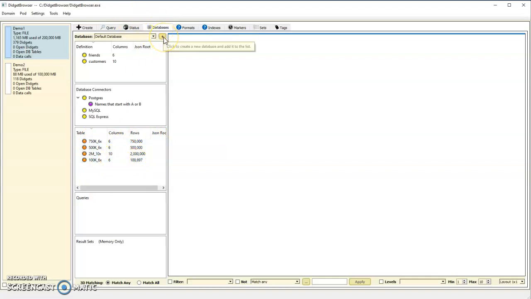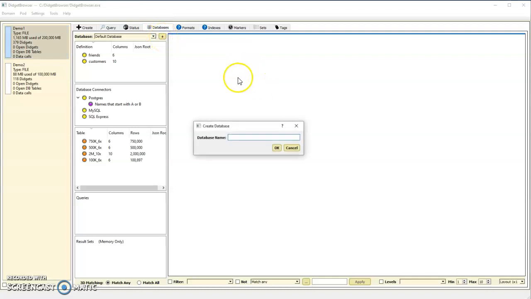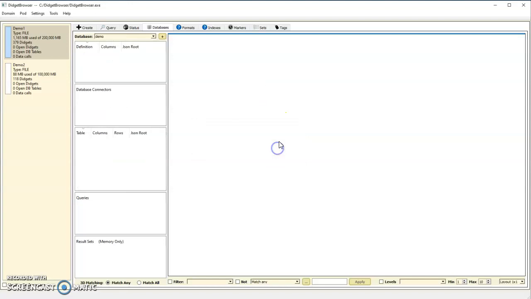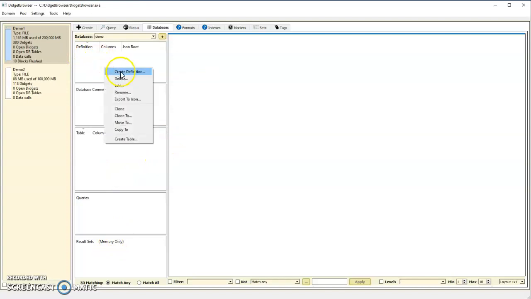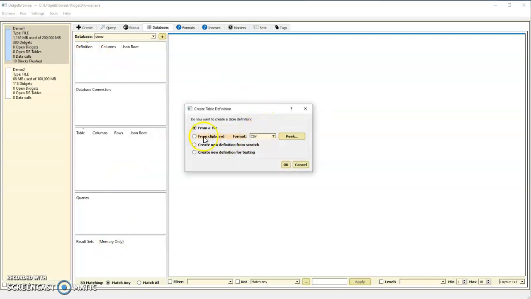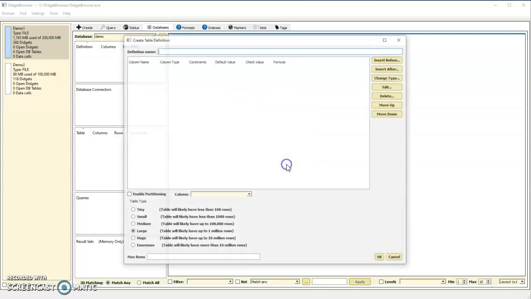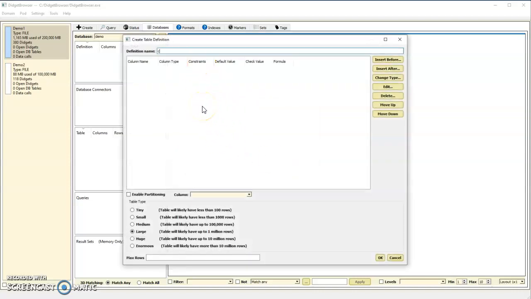Let's show you how to create a new demo database here that will be empty. So we'll just come here and you see there's no definitions, no connectors or tables in this one. So let's say we want to create a new definition. We can do one from scratch. Let's say we want to create a new contacts